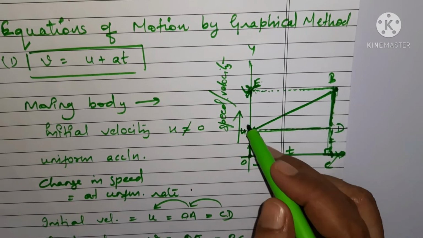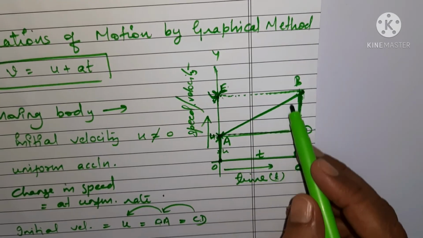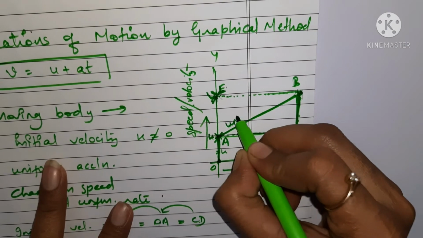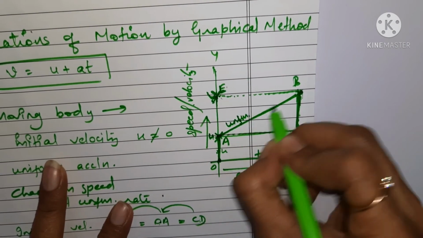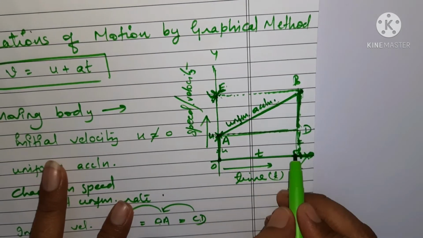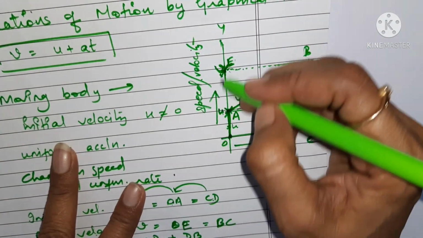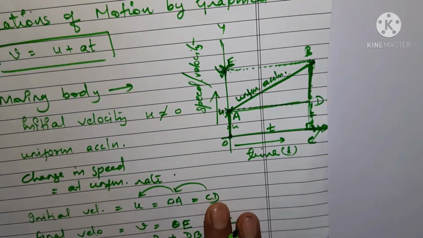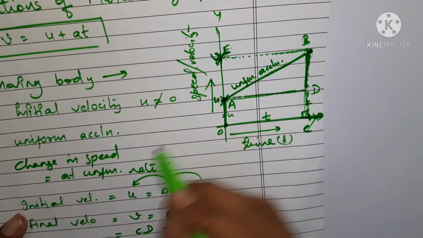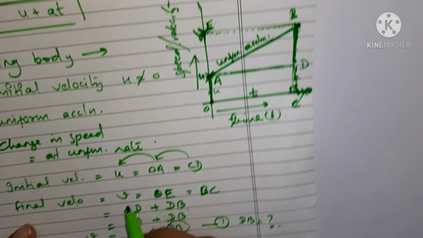This is a speed time graph, and in such cases your speed time graph will be given like this, in which you will get a straight line which shows uniform acceleration. Okay, this graph shows the uniform acceleration. Time is always shown on the x-axis, and speed or the velocity is shown on the y-axis. Next, we have taken the initial velocity as u, and after that the final velocity will be taken as v.